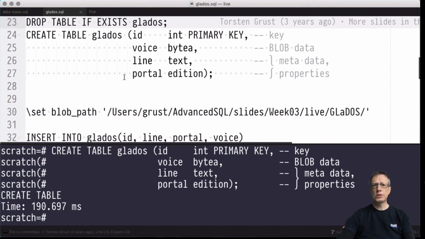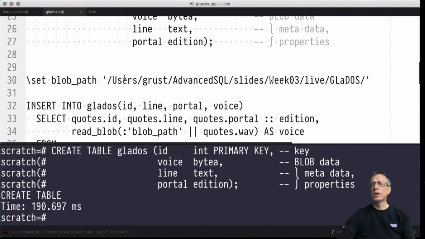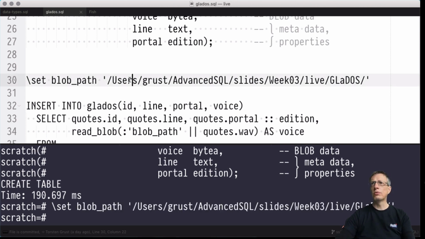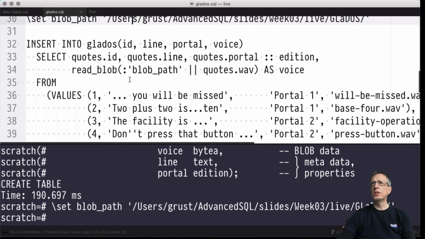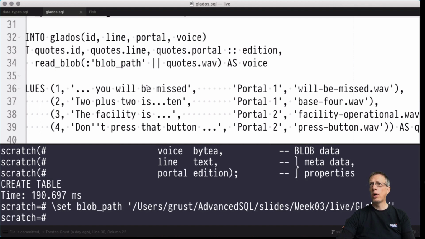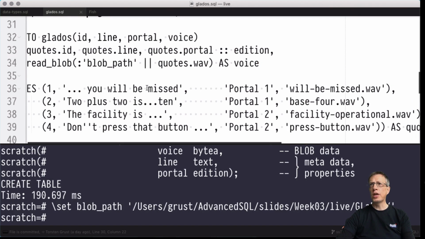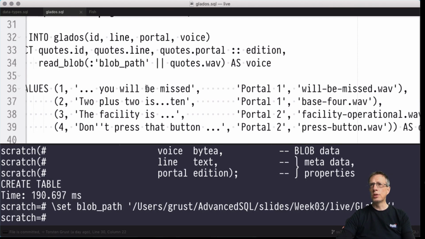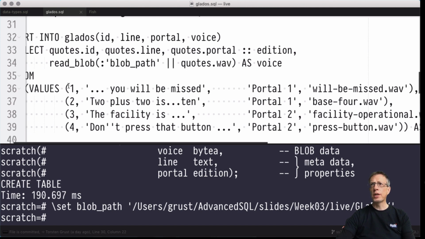Okay, so now it's time to really ingest the data, and the data is currently stored in my file system. This is the directory in which the files will be stored. This is the insert query. So we will insert, as you can see, 4 lines, 4 GLaDOS sound samples. And here you can see how I have prepared a literal table that I will use to prepare my GLaDOS table. So we are providing the keys